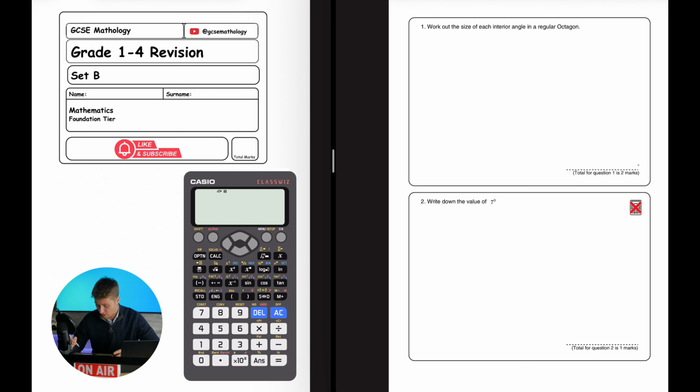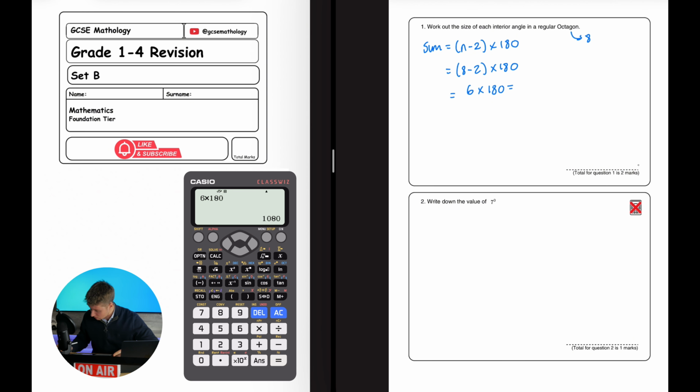Question 1 says, work out the size of each angle in a regular octagon. So there's a formula to work out the sum of angles in a regular polygon. The sum of angles is equal to n minus 2 multiplied by 180 degrees, where n is the number of sides. There are 8 sides in an octagon, so we're going to replace n with 8. That's going to be 8 minus 2 times 180. 8 subtract 2 is 6, and 6 times 180